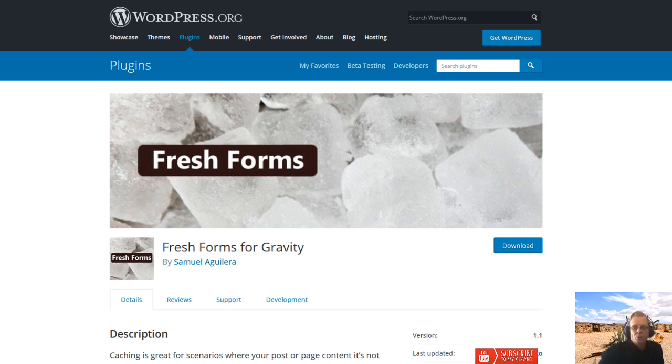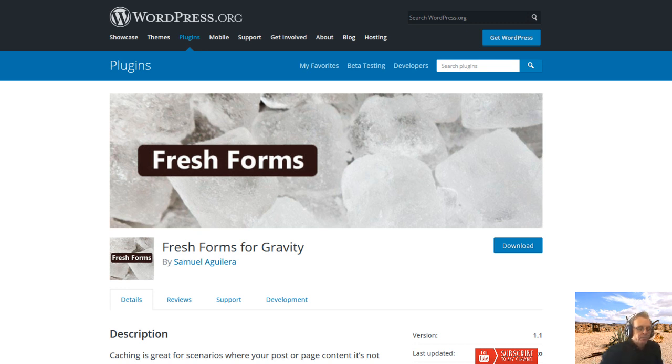What it does is it works with the caching plugins that honor the do not cache page directive. The ones that it says it works with are WP Super Cache, W3 Total Cache, WP Rocket, Autoptimize, Comet Cache, LiteSpeed Cache, Hummingbird, WP Optimize, WP Fastest Cache, WP Engine System, and it even will work with Cloudflare and a couple of others along the way. So this is one you can set up and basically forget.